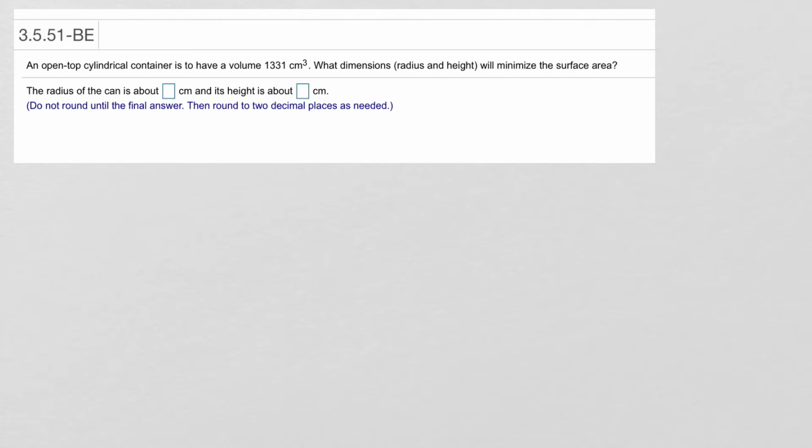So I'm going to start by writing the formula for the volume of a cylindrical container. And that is pi times r squared times h. So that's the volume. The surface area,